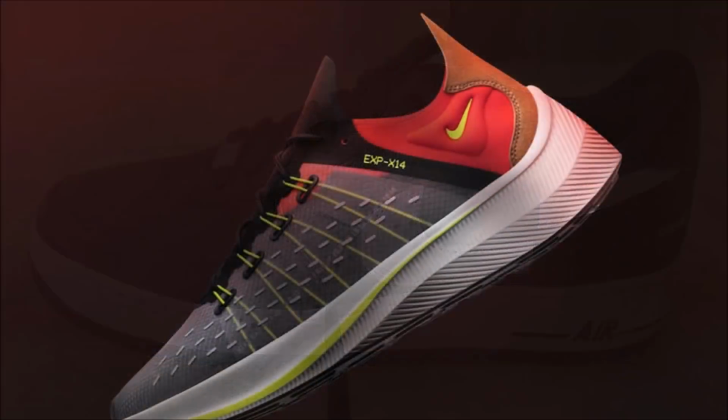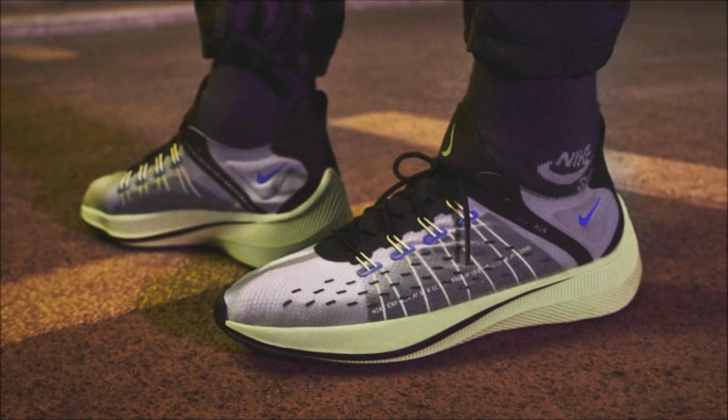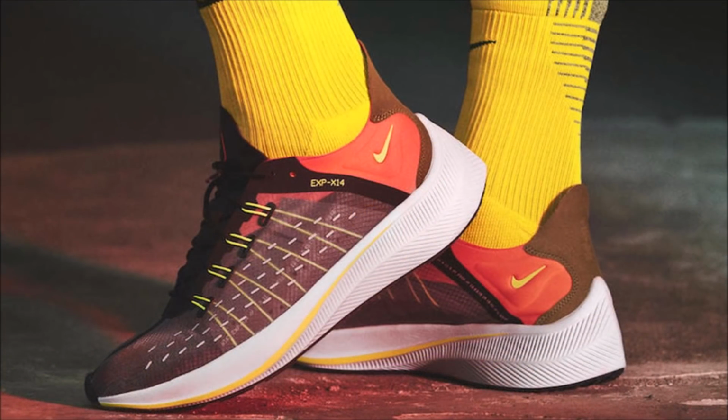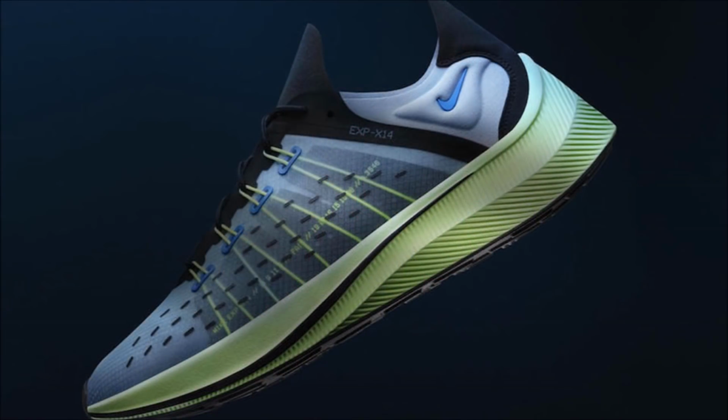And next up for Nike, we got Nike's latest silhouette. They just revealed it earlier today. It's the Nike EXP X14, and here's what you need to know about it. The name and the numbers on the shoe. EXP is shorthand for experiment, which was essentially how the Nike sportswear designers adapted performance running features into a lifestyle shoe. The second part of the shoe's name, X14, was the original internal code name for Nike React technology,